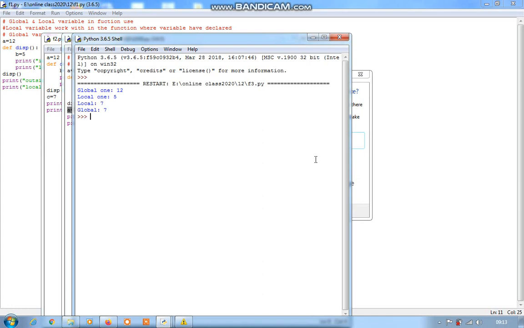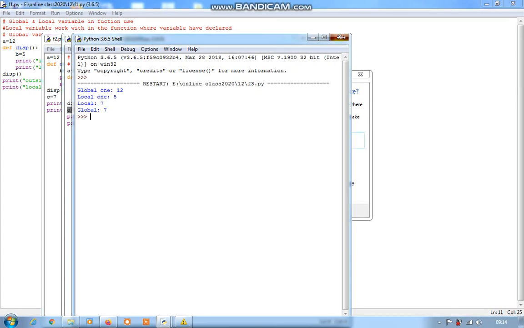Because whenever you use a global variable, that will work inside and outside of the function. But if a same-name variable is available in local, then it has to take preference to the local one, because local a is also available here. So then we will get both values for the local. Clear?